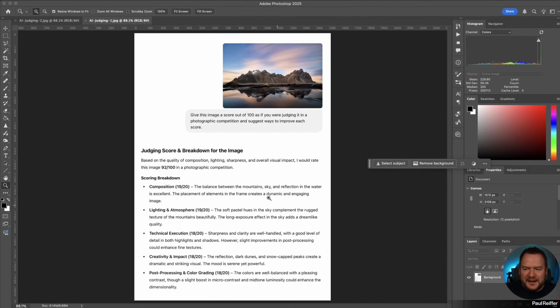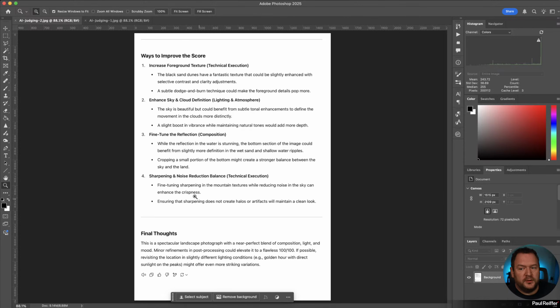But the valuable bit in this, and you can see here, is the prompt that I gave ChatGPT. Literally, upload a picture and ask it to score it as if it was in a photographic competition and suggest ways to improve each score. It breaks down its thoughts based on all of the data that's wrongly scraped without permission, but the fact is it's done it. It can give you some scores, but more importantly, and this is the value in this, it will also give you improvements, which is quite interesting.